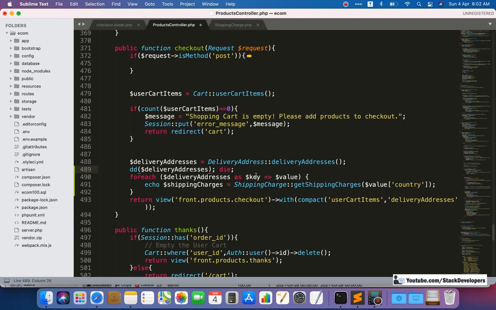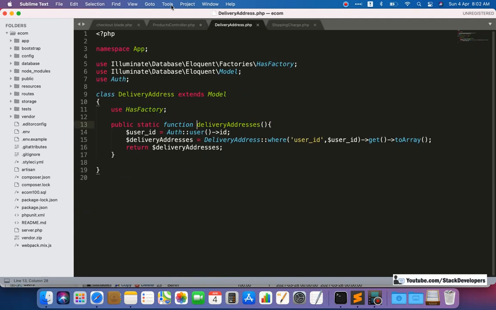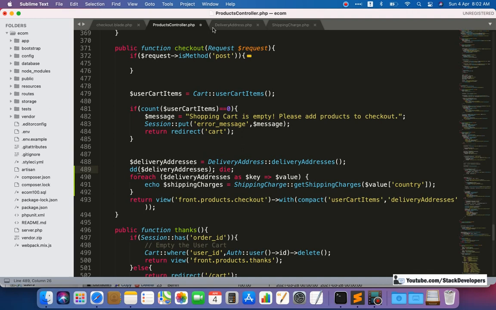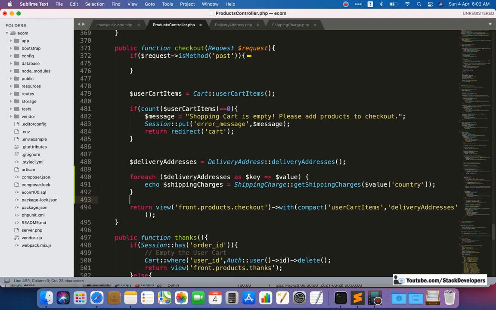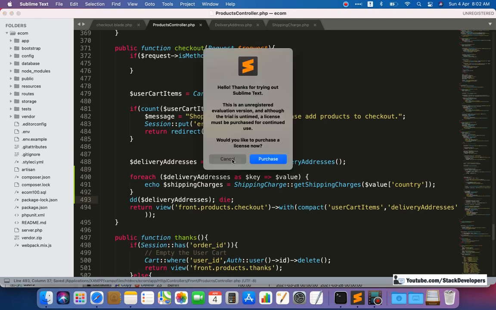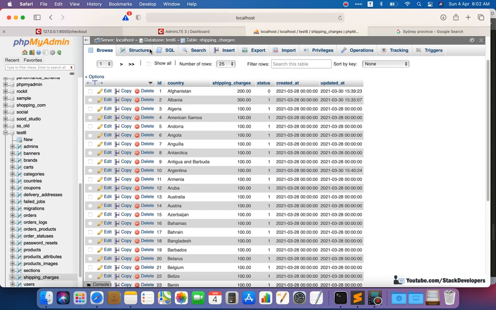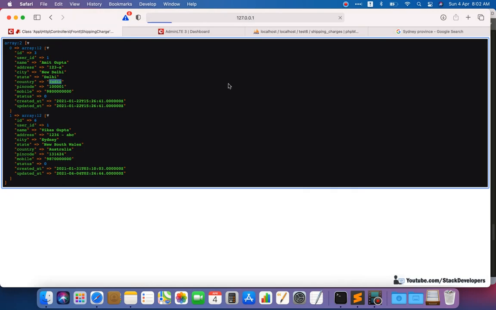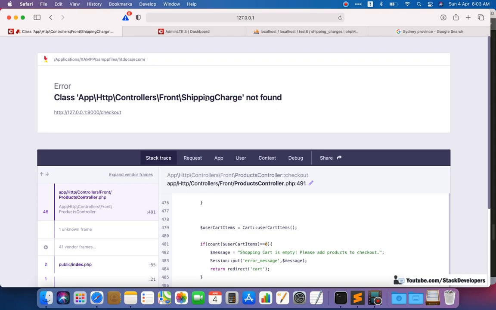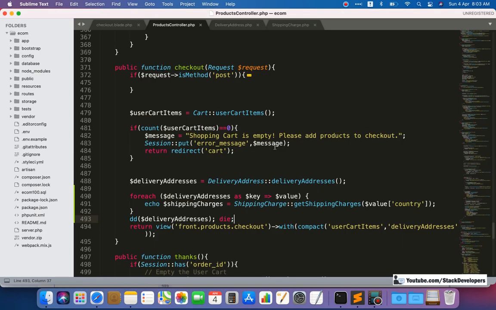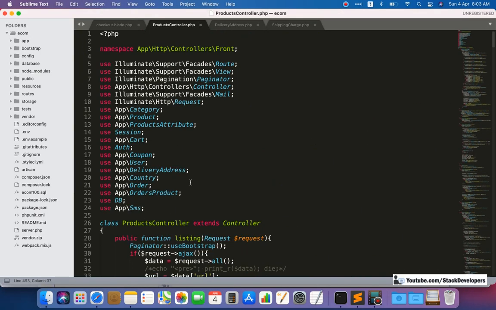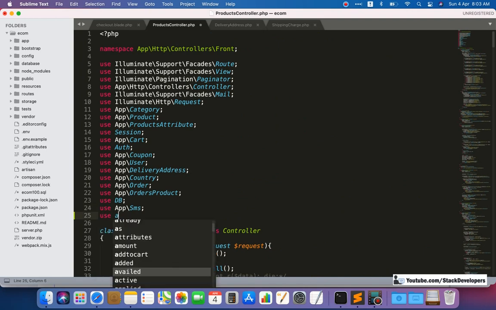So what we can do, we can bring this one down, we can do it like this. Now we can try once and we will see the shipping charge is coming for both. The shipping charge model we are required to add here at the top. So don't miss that, we need to add the shipping charge model as well.